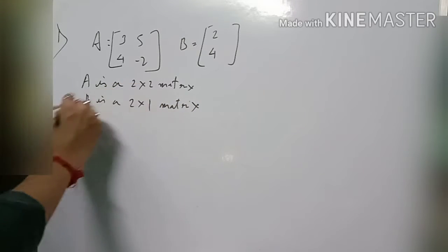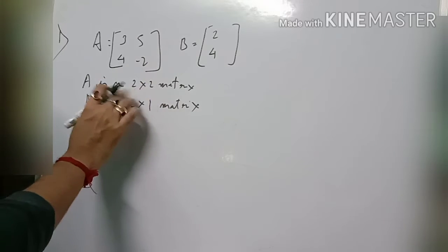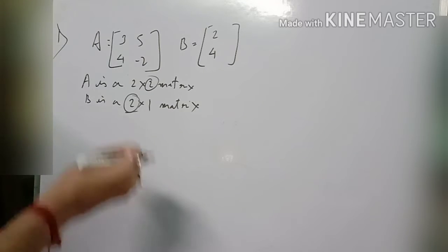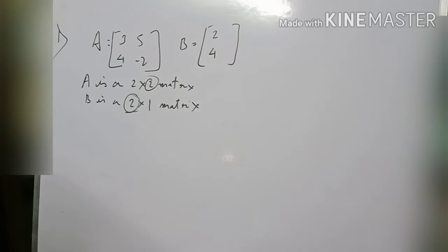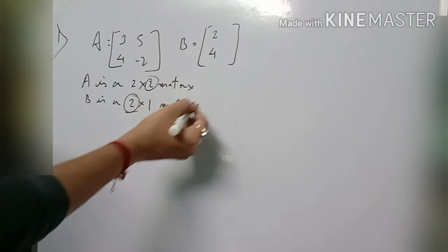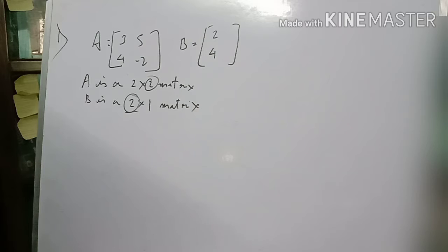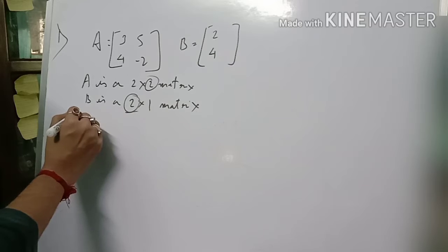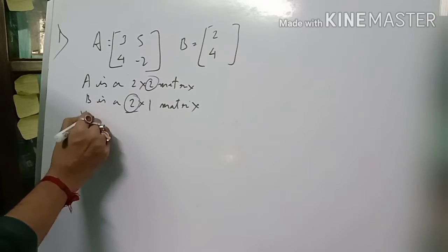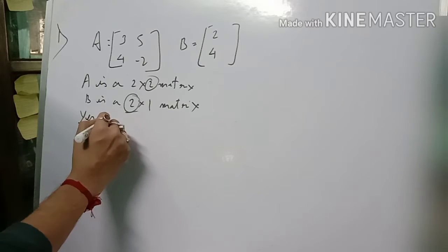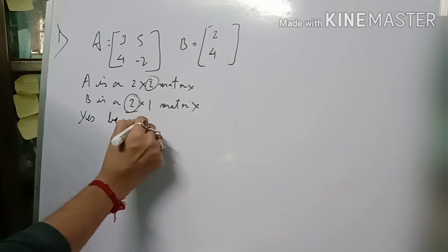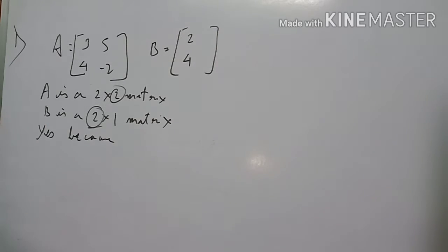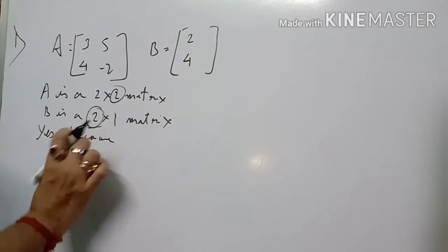A is a 2 cross 2 matrix, B is a 2 cross 1 matrix, so its number of columns is matching with the number of rows. Of course they match. A is a 2 cross 2 matrix and B is a 2 cross 1 matrix. Of course multiplication is possible, so let us proceed. So you can write here: yes, multiplication is possible, because